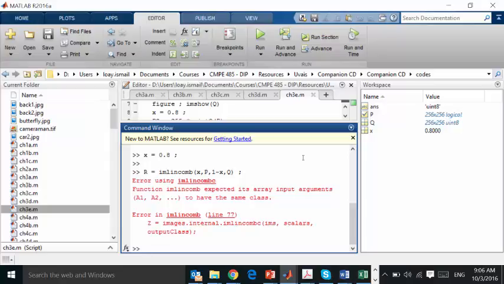Not the same size. Let's read this error message. Array input arguments must have the same class. So this means that one of them is logical and the other one is unsigned integer 8. So this logical image, I want to convert it into unsigned integer 8. How can we do this? No, just with numbers and multiplication, and multiply with